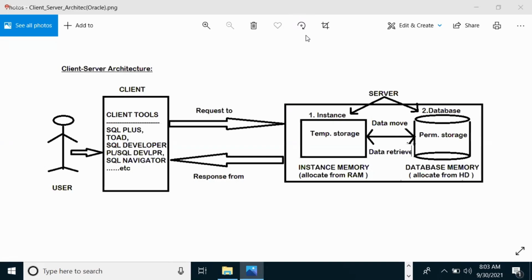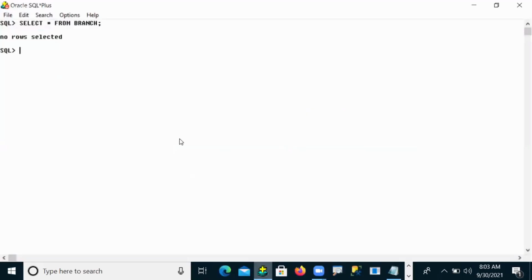So that is the reason, guys, for what was happening. Whatever data we inserted into the table is first stored in instance memory. So whatever I inserted, 1021 SBI Hyderabad, that data was in instance memory, in RAM. Then I disconnected from my server, from my Oracle database.